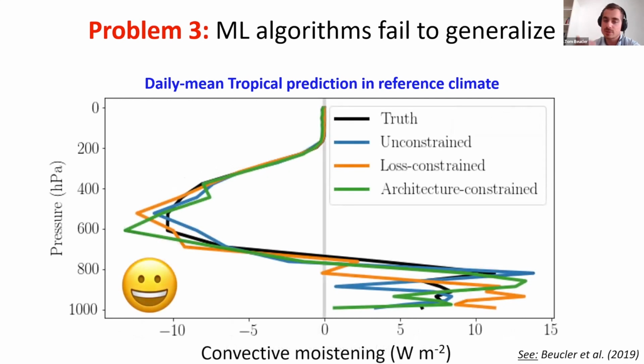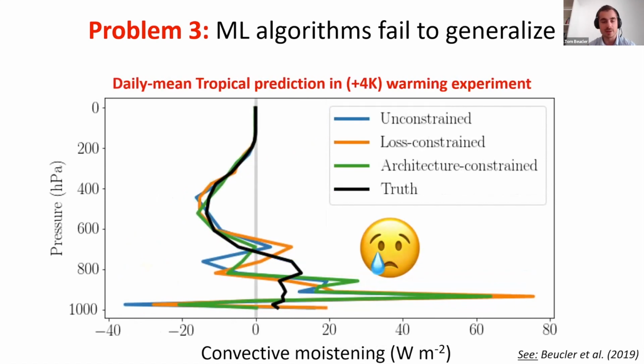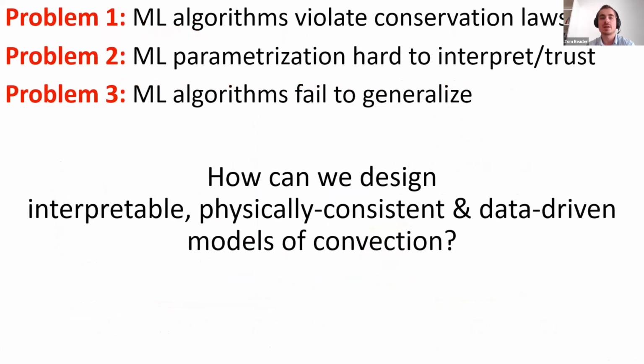So if I take several neural networks that were trained in a reference climate and I warm the climate by 4 Kelvin, if I don't do anything, a lot of those neural networks are going to fail, and that includes neural networks that have been engineered to conserve mass and energy. And so in the 5 to 7 minutes I have left,